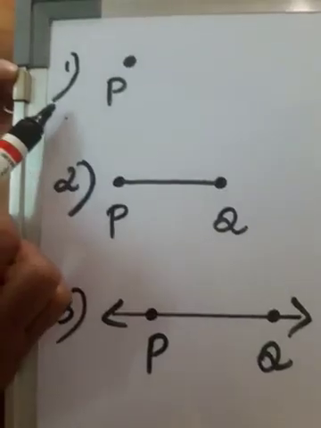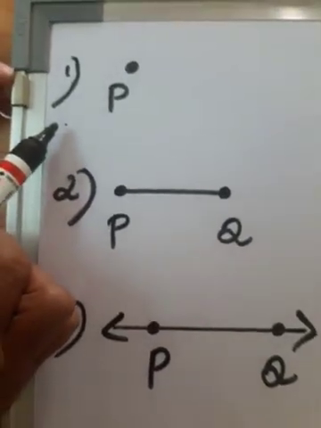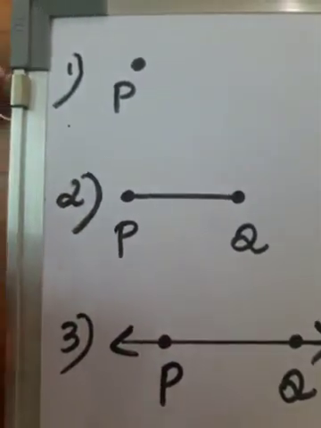In the previous class we have learnt about how to name the segment, line and ray, and also we have learnt about what are concurrent lines, parallel lines and intersecting lines, and also we have learnt about what are collinear points and non-collinear points. Let's revise it. Observe the figure and name the following.